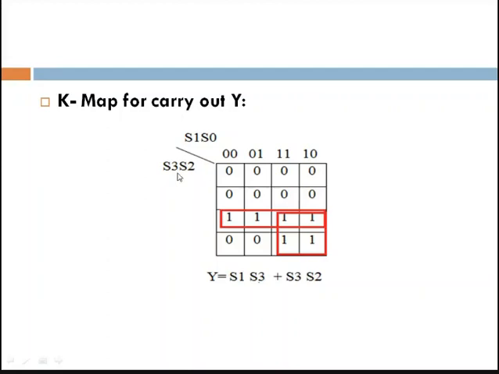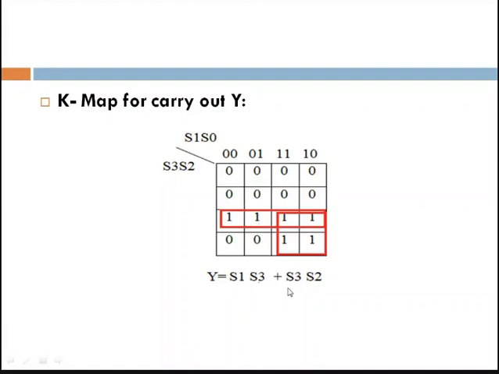You can assign the variables. Here I have considered the horizontal K-map with S3 and S2, the MSB variables, and S1 and S0, the LSB variables. After putting the high values and making groups, there are two groups in this particular K-map, each group having 4 cells.